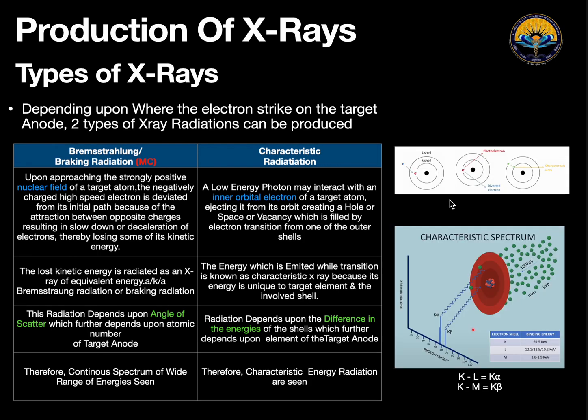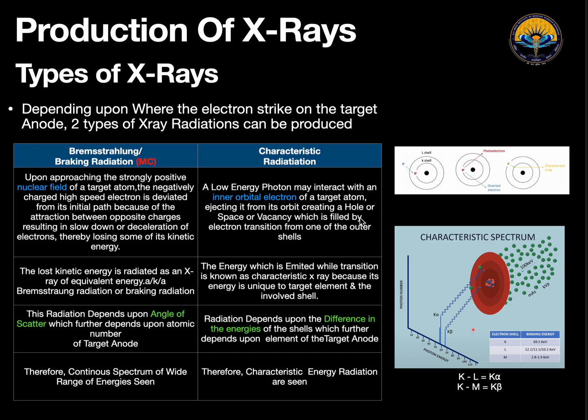Now coming to the characteristic radiation. Bremsstrahlung radiation was because of the interaction of this fast moving negatively charged electron with the positive nucleus. But what will happen if this fast moving negatively charged electron interacts with the K shell electron? It will interact with the inner orbital or K shell electron, and it will eject this electron from its orbit, creating a hole or a vacancy, and this vacancy is filled by an electron which transitions from one of